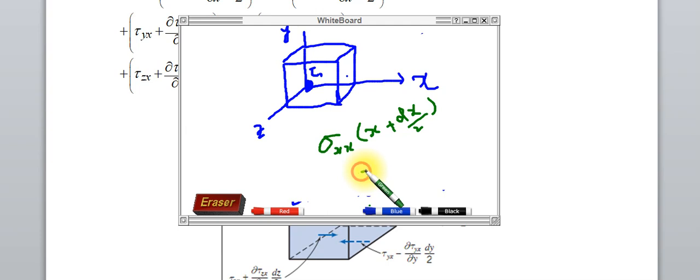So what will be the result on the positive x-axis? Apply the Taylor series for x plus dx. Look at this, it is just an example. So f of x plus dx is equal to f of x,